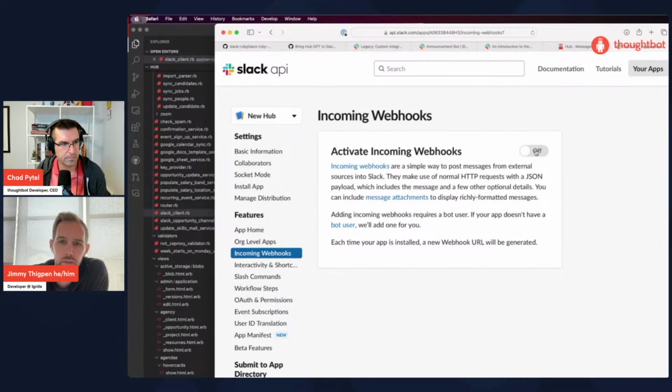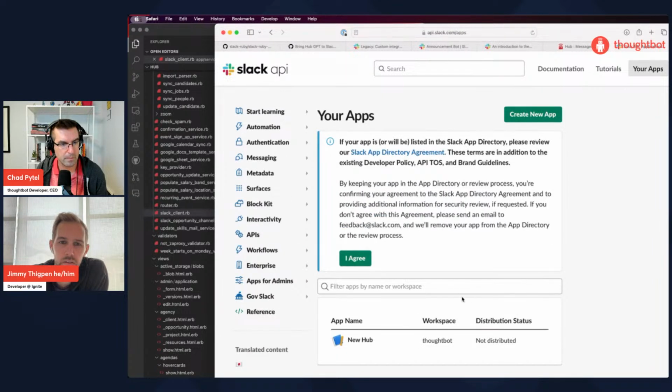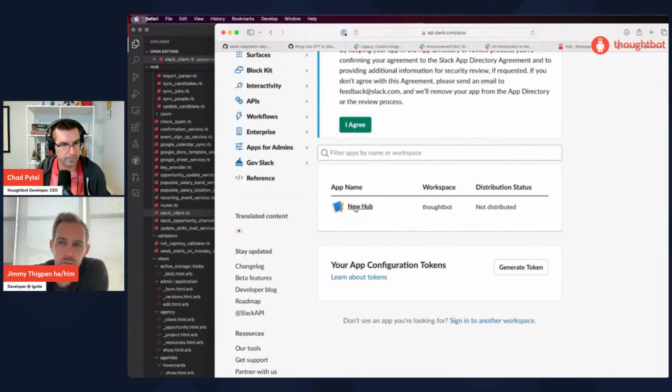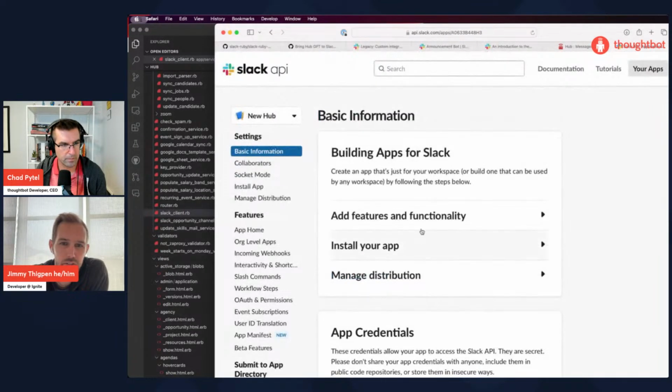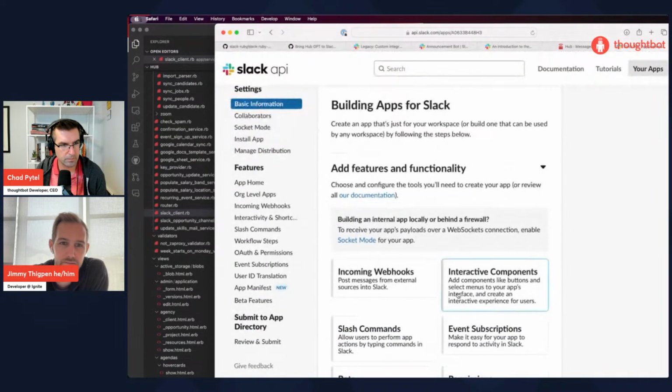Your app's up here. If we look at, let's see, where is our current integration? It doesn't look obvious. There's like 2 different versions of this screen and Slack doesn't make it obvious.